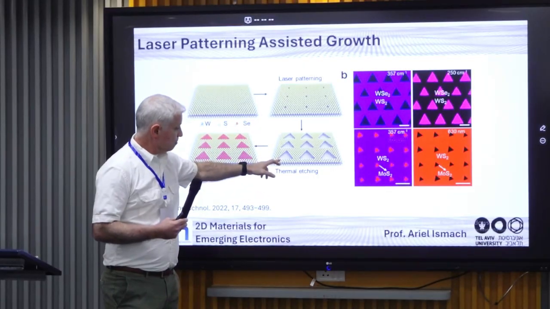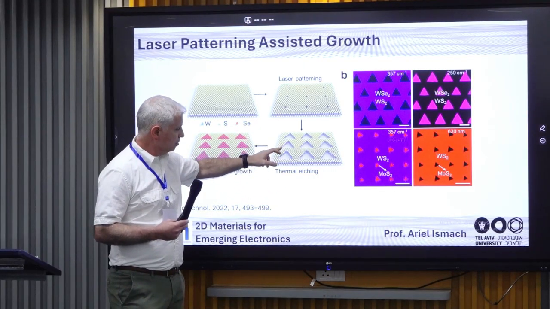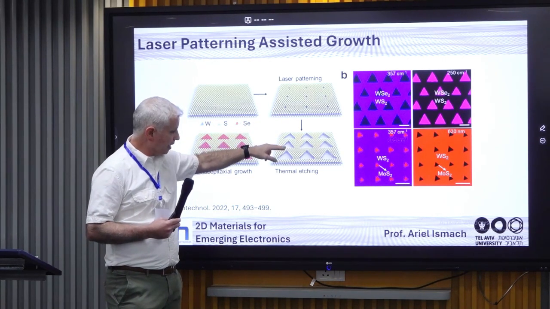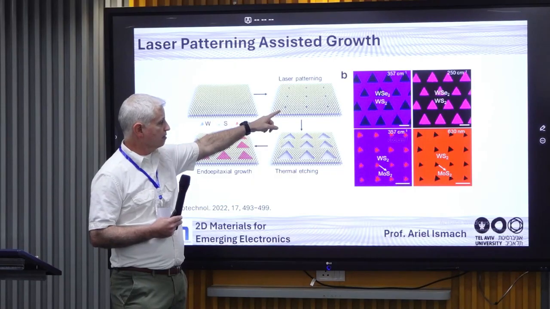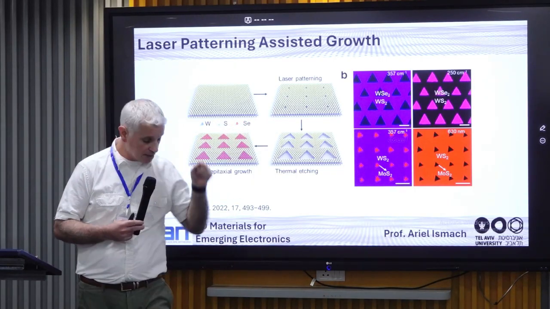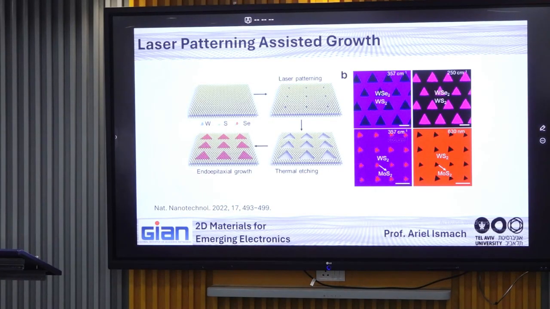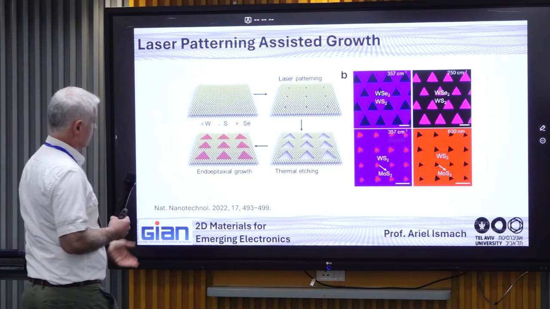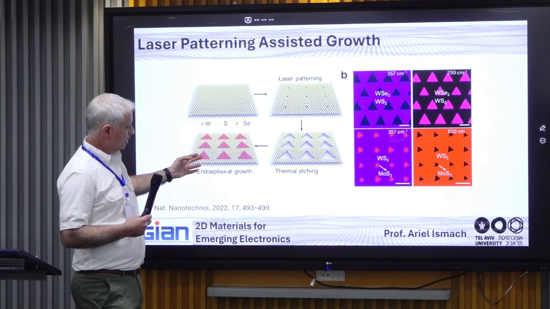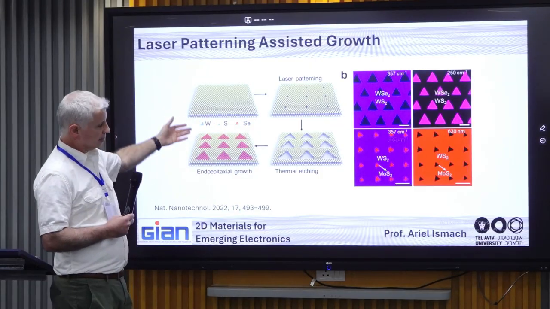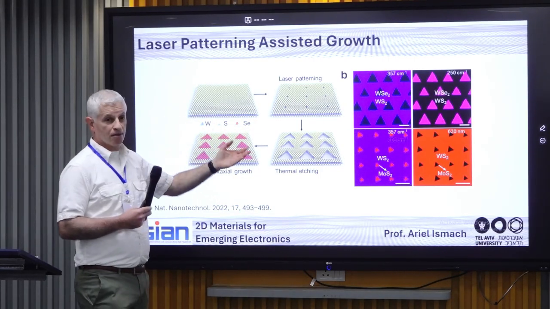So then to selectively etch the material, the etching originates only from the defects. Basically, they seed the nucleation of the etch pit. And once they have the etch pit, you can do a few things. In this case, you can grow another compatible material, in this case a very similar material, of course. Again, tungsten sulfide and selenide